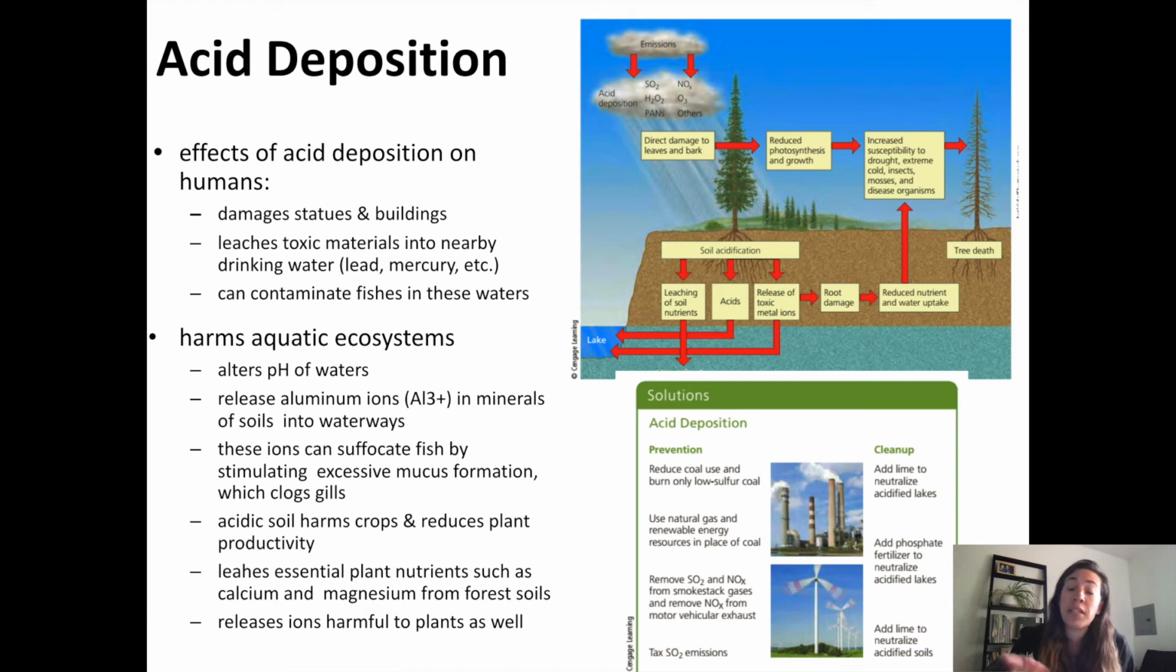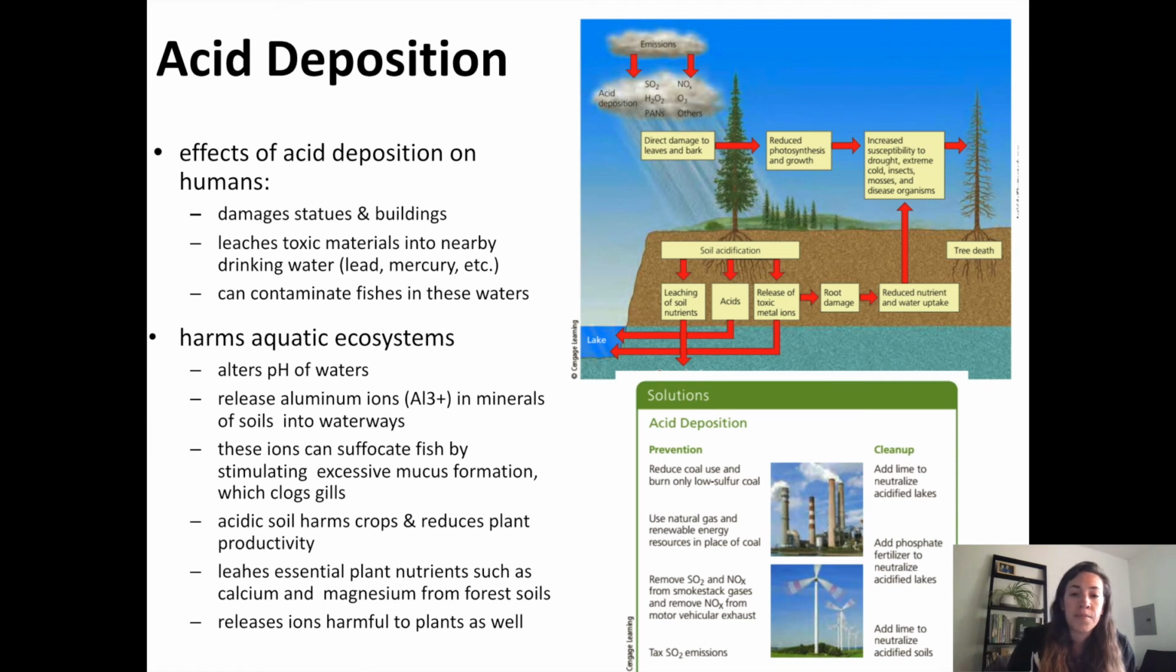The aquatic ecosystems, and actually even the terrestrial ecosystems, are going to have significant effects. The pH of water is going to get altered and release things like aluminum ions into waterways. These ions are problematic. They suffocate fish by basically causing mucus to form on their gills. In the terrestrial sense, we see acidic soils that can reduce plant productivity and harm crops. We see plant nutrients be leached out of the soil. Calcium, magnesium, etc. are not going to be as available, and they can cause tree death associated with these